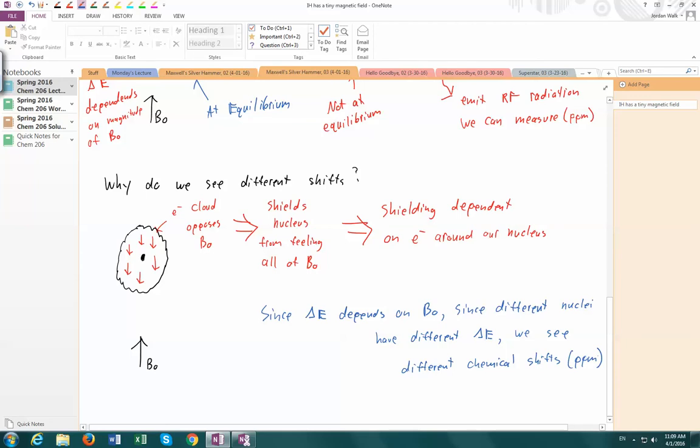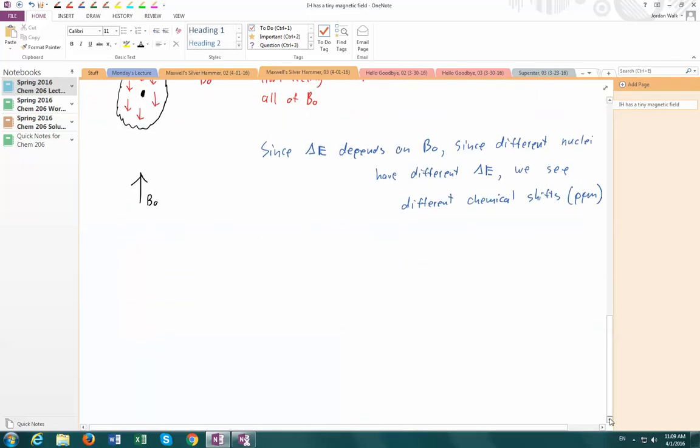So now we can see, all right, well, it depends. Basically, we're going to get different peaks based on where our nucleus is in the molecule, because some of them are going to be shielded more and some of them are shielded less. And ultimately, that allows us to distinguish the nuclei in a molecule. And I would say this is not a trivial matter. This is a really big deal in organic chemistry. Really, really important. Because before we had to do like a melting point, and this is a little better than